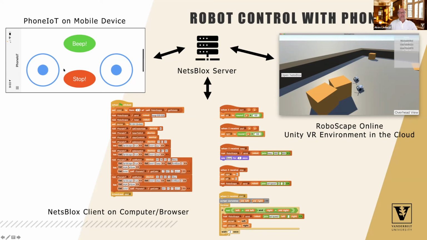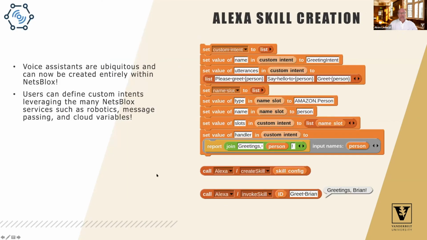Okay, it displays these two joysticks and two buttons on the phone screen. With the joysticks, you can drive the left and right wheels of the robot. And of course, this is the robot that runs in that world. This part of the code sets up the user interface and connects to the phone and to the robot. And this is the message handler. So for example, the Joy1 message handler will just set the left speed based on the Y coordinate of the joystick, or the beep will just send the beep command, and so on and so forth. So unfortunately, I don't have time for an actual demo. So instead, I'm gonna give it back to Brian to continue his part.